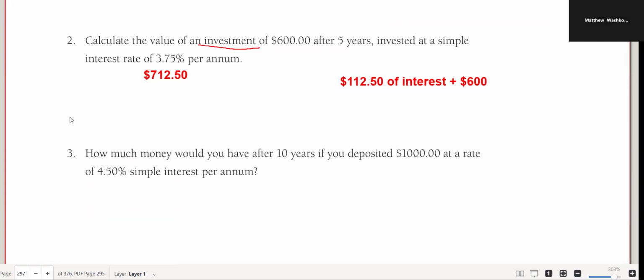Now for question 3, how much money would you have? This is an investment. If you have it for 10 years, $1,000 at 4.5% interest rate per annum, per year, right? Per year. And that means it's calculated once per year. We'll get into that later. Well, you would end up having